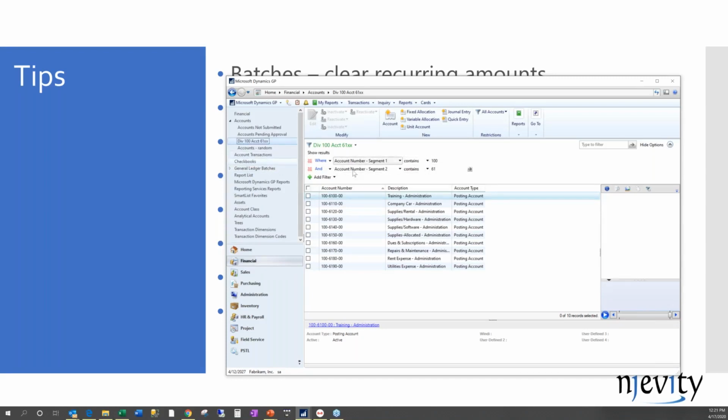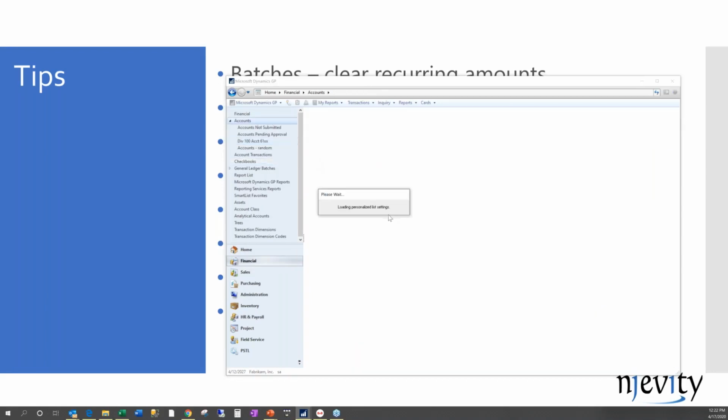And slightly different than SmartList, I have different criteria, so I can do and, or, and not. So I could say where the account range is 6100 and account isn't 6170. So a little bit more like an FRX or an MR, to be able to cherry pick. But the biggest benefit, I can save all of those, and then I also have the ability within here to go